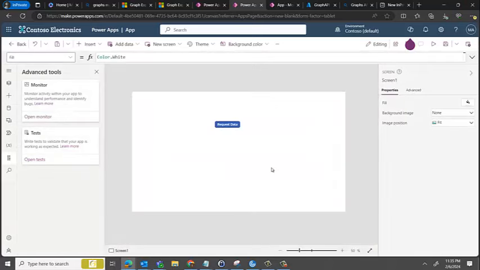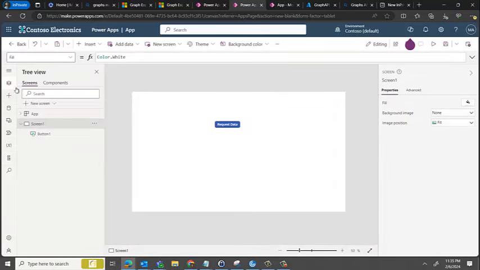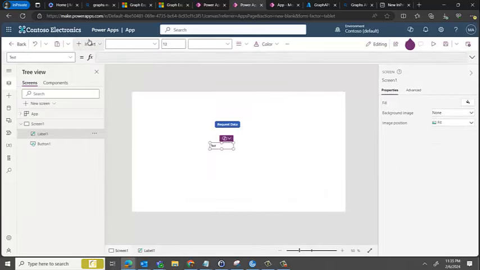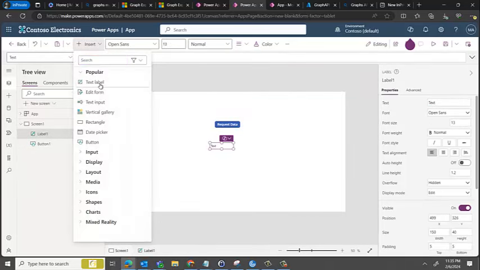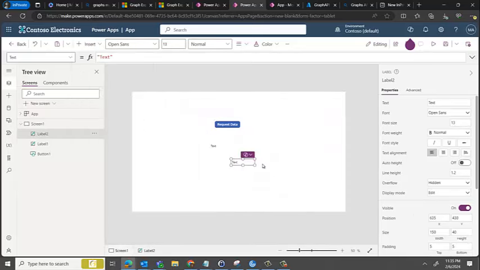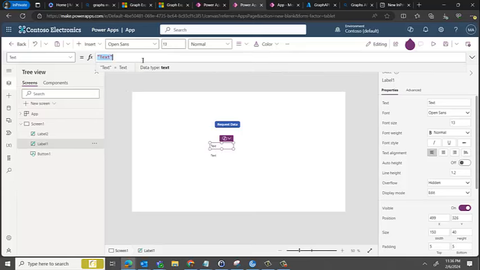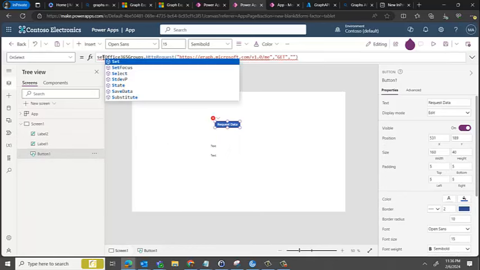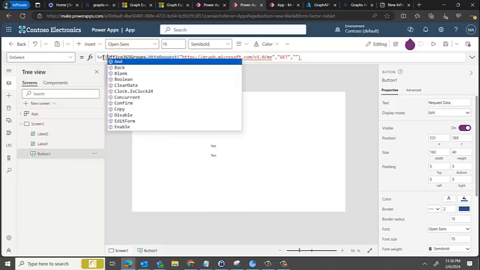Now I need to show that data. So to show that data, I come back to my screen. I'll insert a few texts: text one, and I'll have another text two. These are two texts. So what I want to see is that once I click the value in get data, I should be able to see the value. For that, first I have to make sure that my value is getting saved somewhere. So I have to set the value. So I say Set,